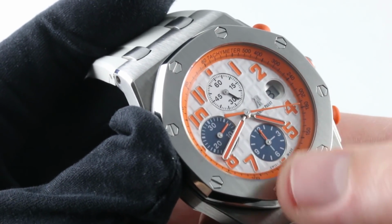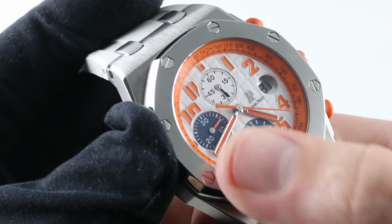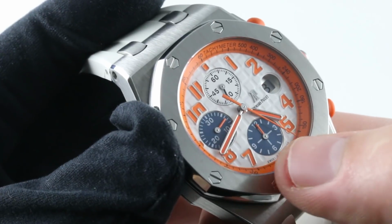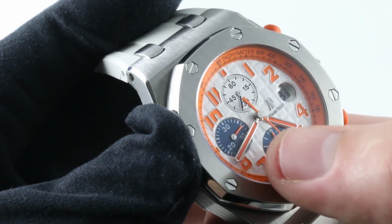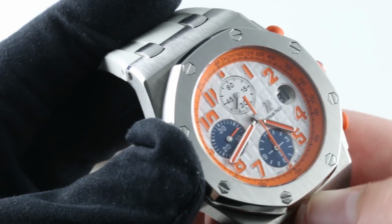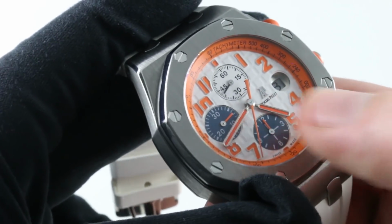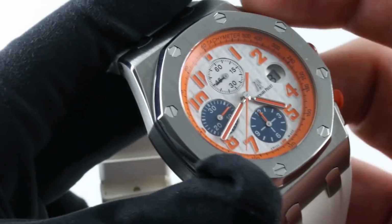Inset sub-registers with polished chapter rings. You can see chrono minutes and chrono hours with a white on blue printing, azurage guilloche pattern stamped on, and then high contrast orange indices. If you look, there are baton-style white gold hands for hours and minutes, as well as a counterweighted orange lancet-style